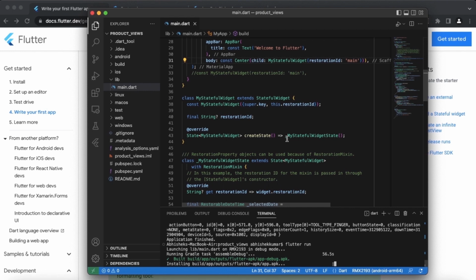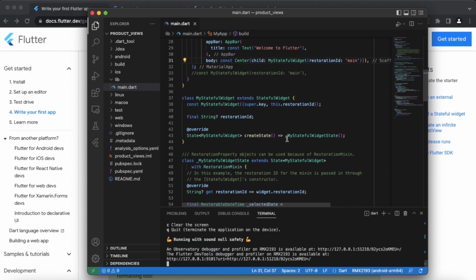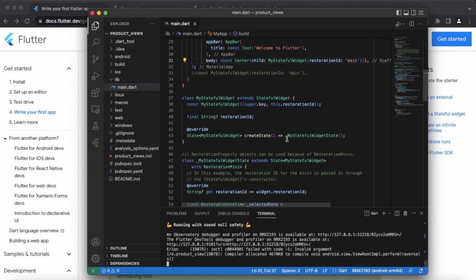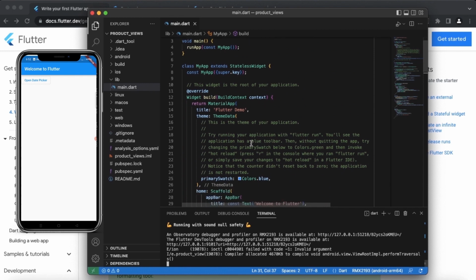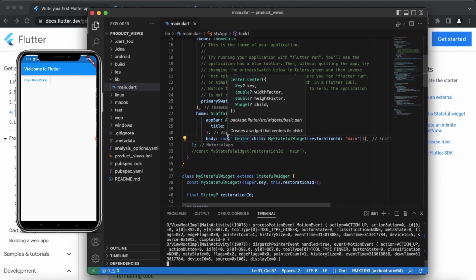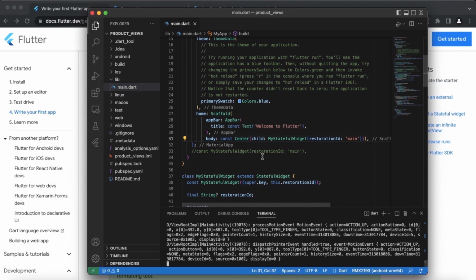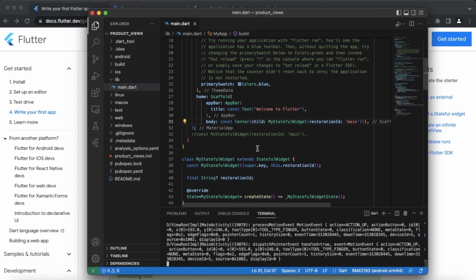Okay, yeah, so now this restarted our app, and it's just installing it on the device. Okay, so this didn't bring the open date picker in the center, but I will let it be as it is for now, because it is still working, and that is what we need for now. So the next thing that we need is that we need to